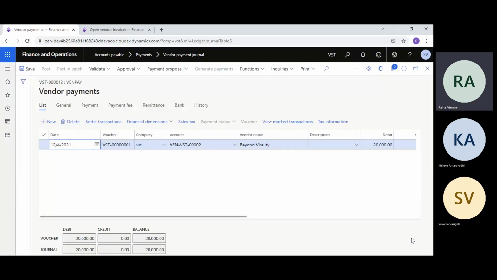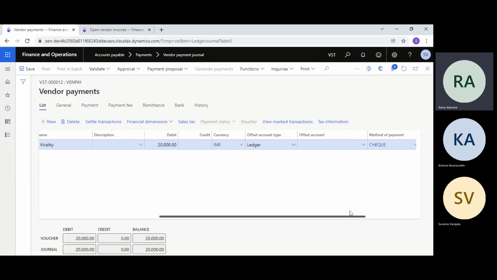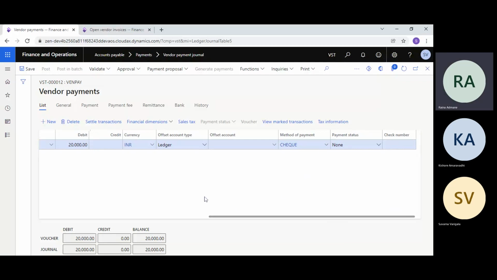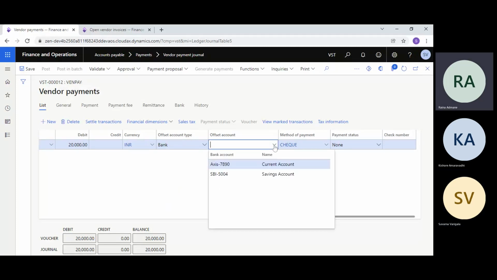So what happens? System has selected the vendor, system has selected the debit amount as 20,000, and then instead of ledger in offset you have to select the bank. In offset account you have to select which bank you are going to pay.